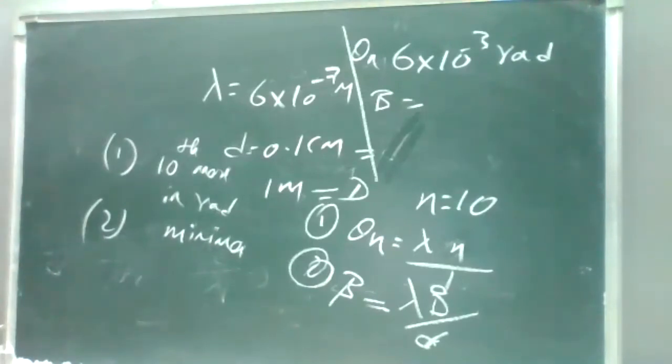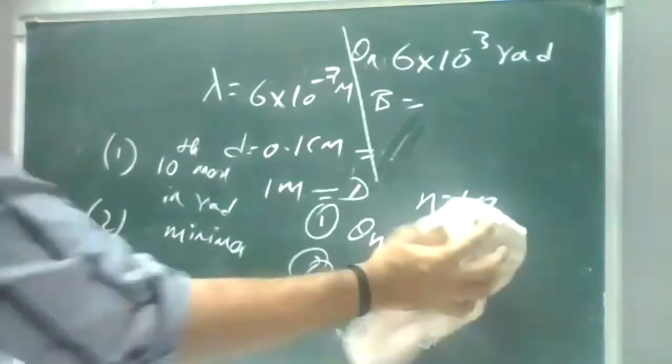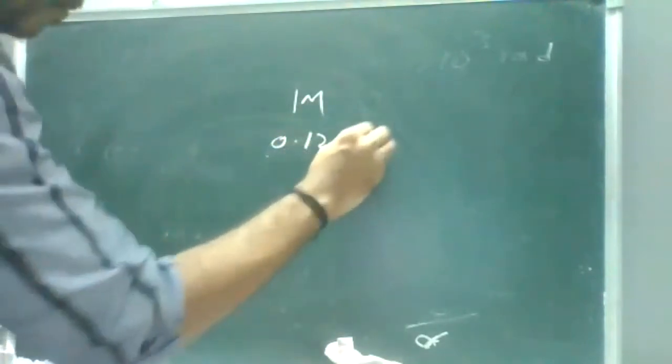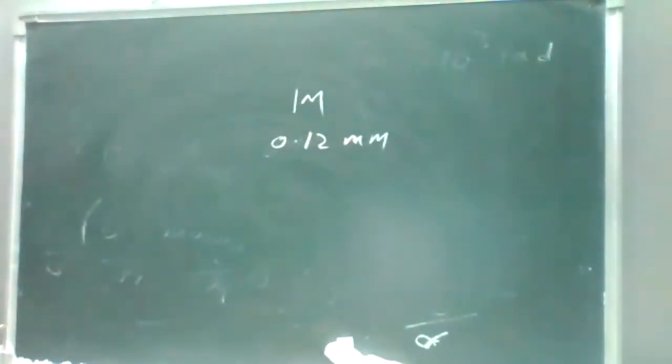Next question. In Young's double slit experiment, the fringes are formed at a distance of 1 meter from the double slit, with separation of 0.12 millimeter. Calculate, in the first question,